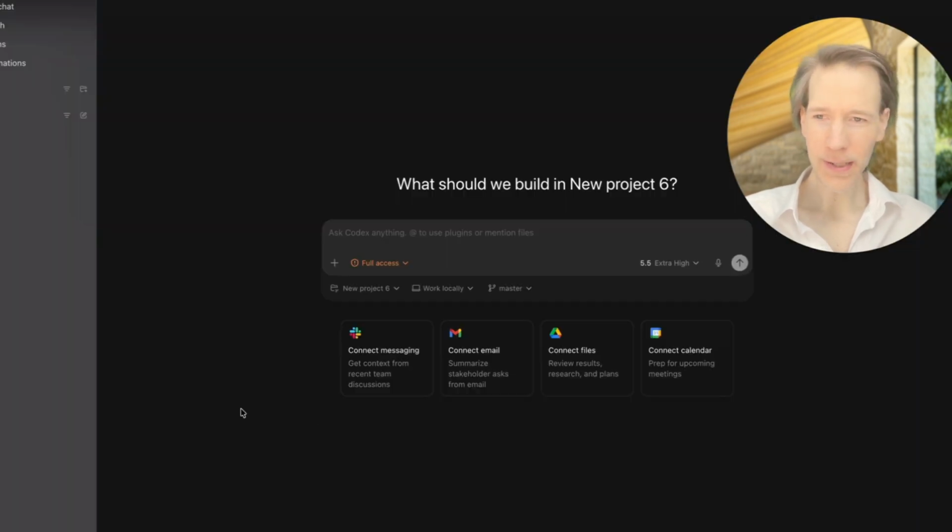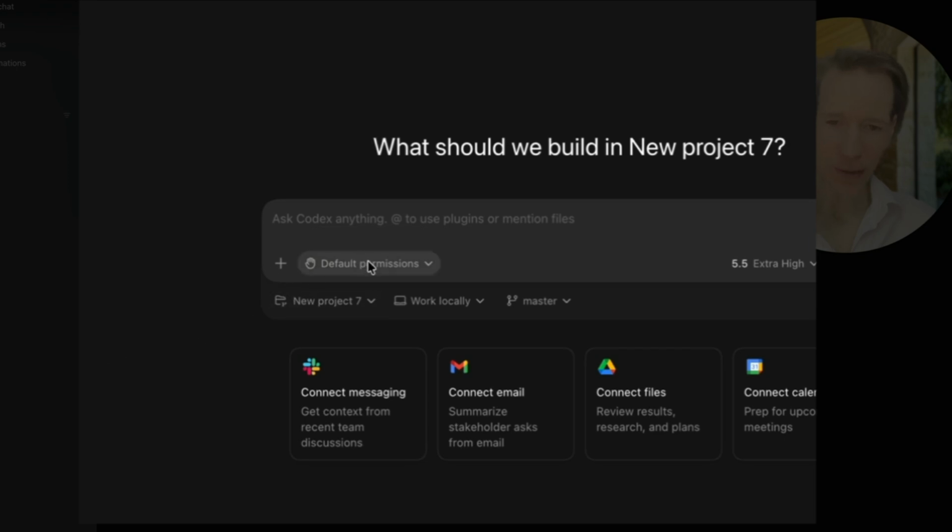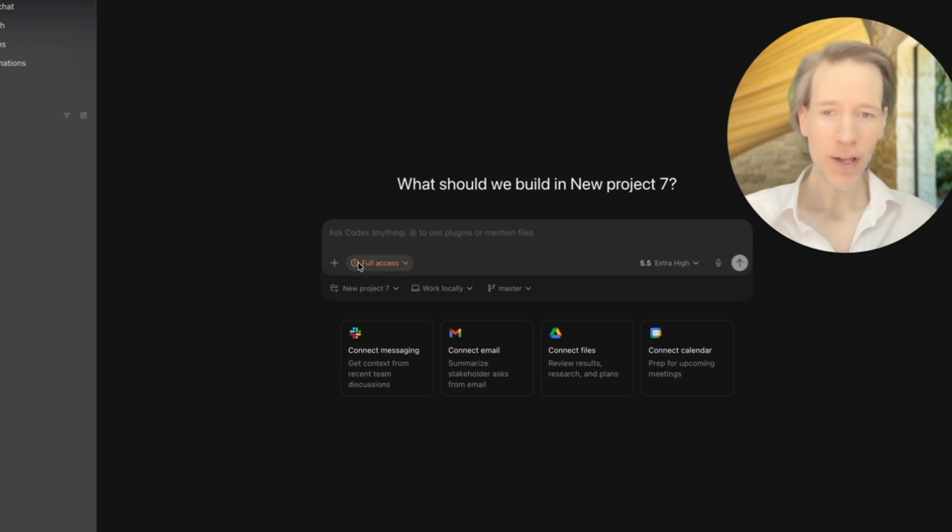Then you go to Codex. The first thing you need to do is obviously go here, add new project. We're going to do start from scratch. We're going to have project 7. Then you need to set this thing. So permissions by default, it's going to be like this. You need to set it to full access right here, so it has the access to install a program onto it. Otherwise, it's restricting program installation. So temporarily you need to put full access. I personally leave it on all the time, but you need to have full access